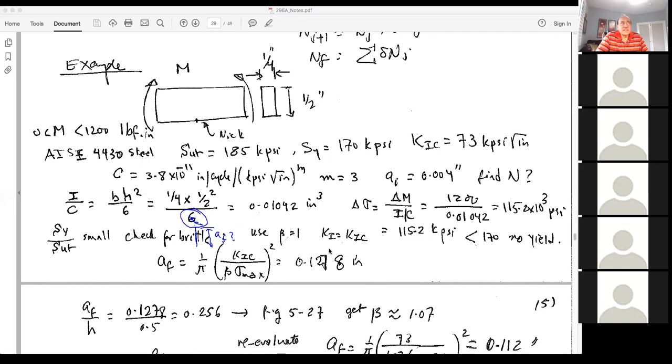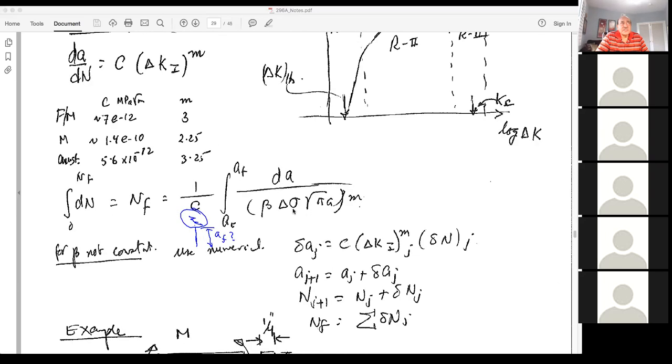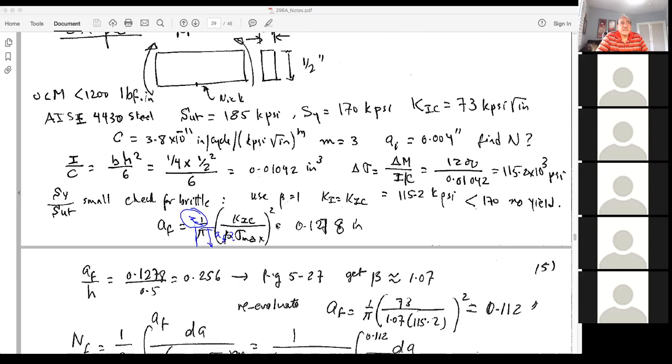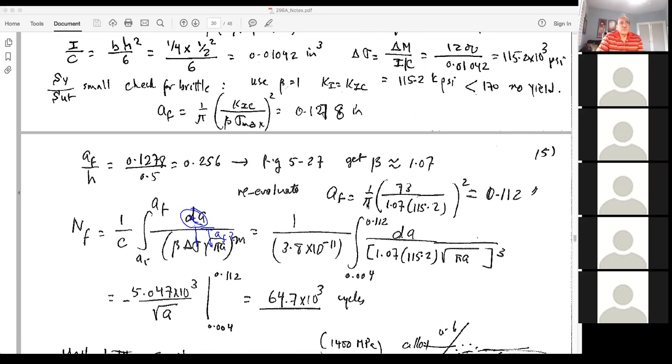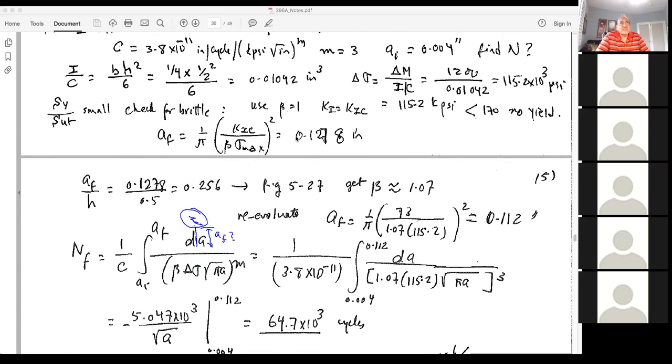and the propagation is going to follow this equation here, the integration. If we assume beta equals 1, we can pull it out, and the integration is rather quick, and from that we can find the number of cycles to failure. Here we can do some more iterations. In other words, if we start, and then we go to figure 527 to determine another value of beta, and that gives us another final value for the crack size,